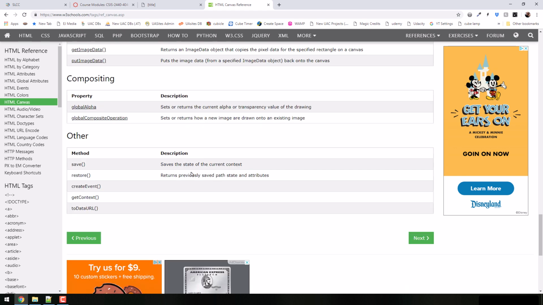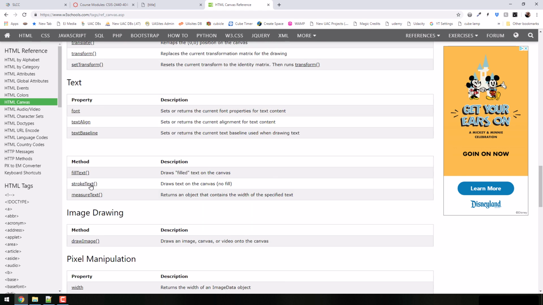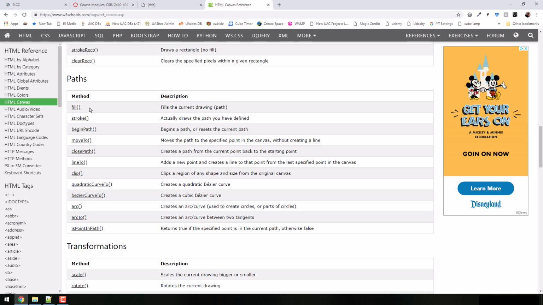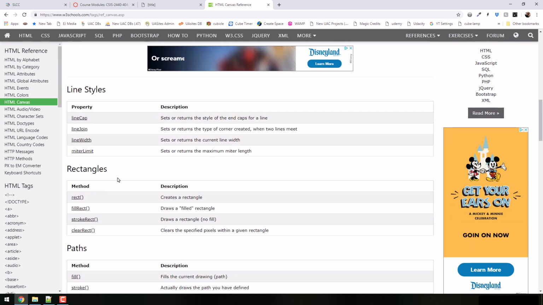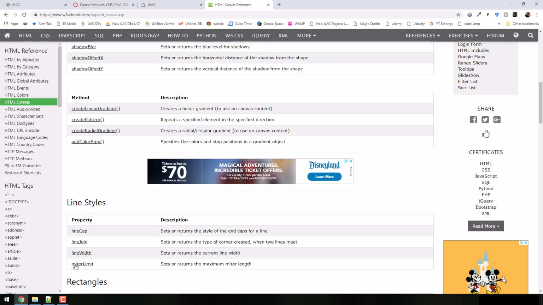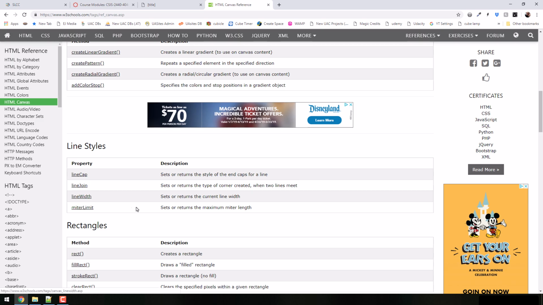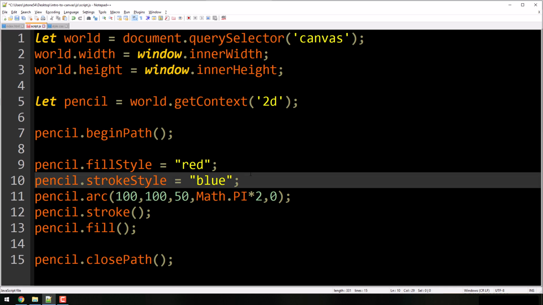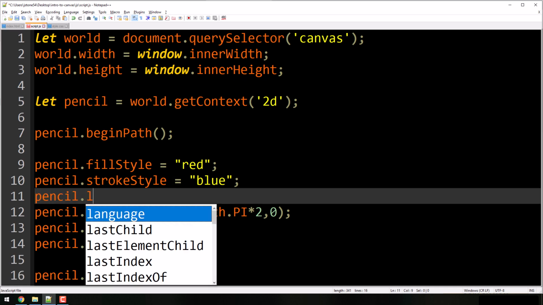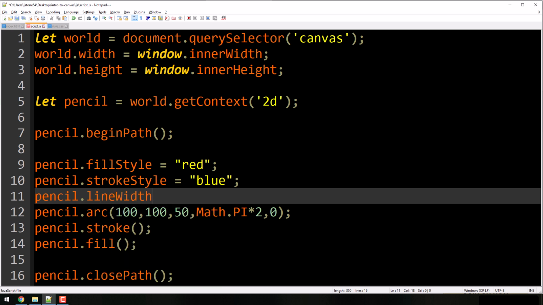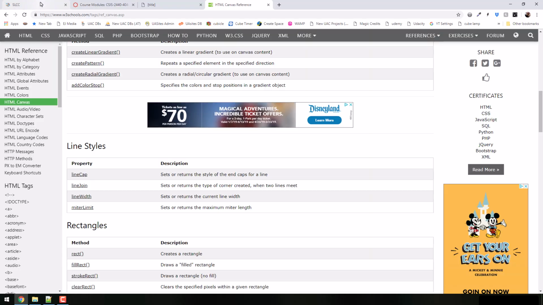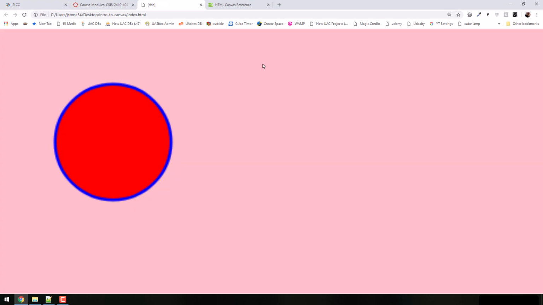We've looked at some of these already, like here's where we stroke and fill right there. Those are methods I can use, functions I can use. And then we also have strokeStyle, right? fillStyle, okay? I can also do lineWidth, right? Which is what we're gonna do now. Pencil.lineWidth, which I'm gonna set to 5. So it makes the stroke a little bit bigger on there. Oops, right? So we made a ball.